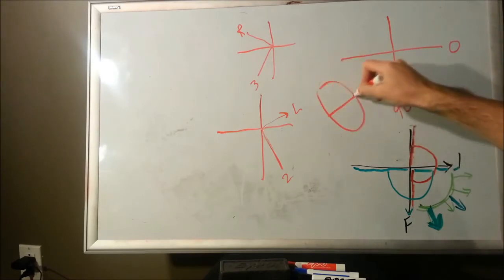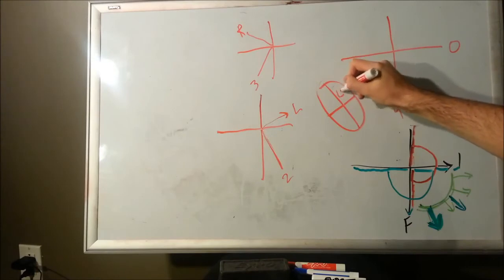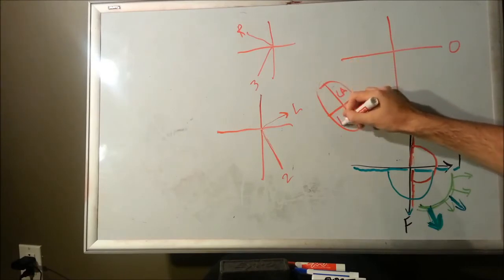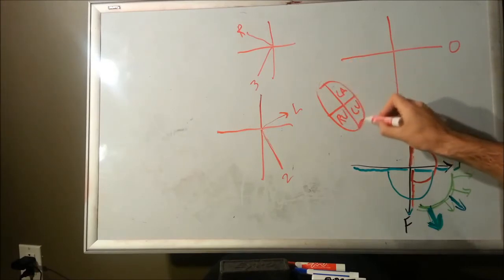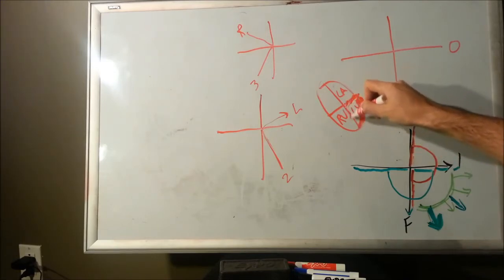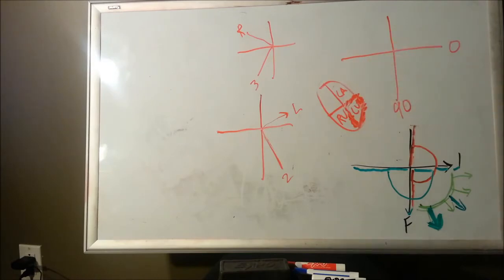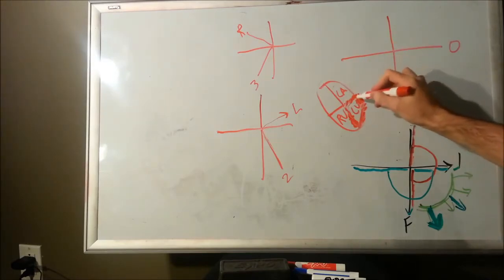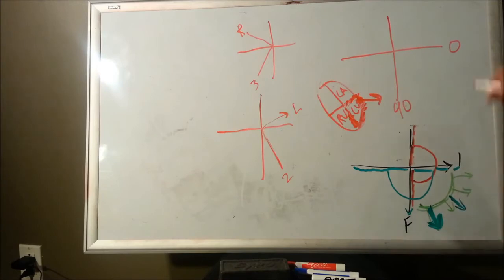If your heart's here, here's your left atrium, here's your left ventricle, right ventricle, and your net heart movement is going to be off to the side. Anything that brings your normal healthy heart axis above 0, so anywhere up here,